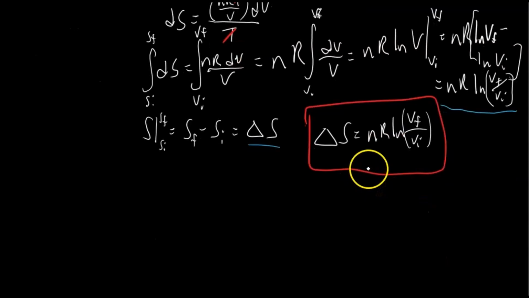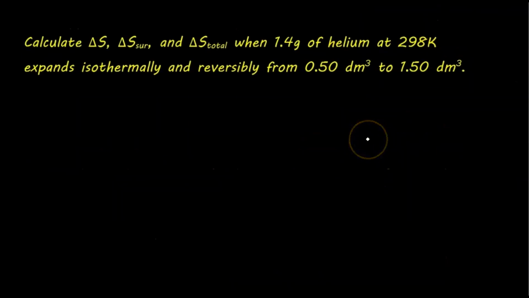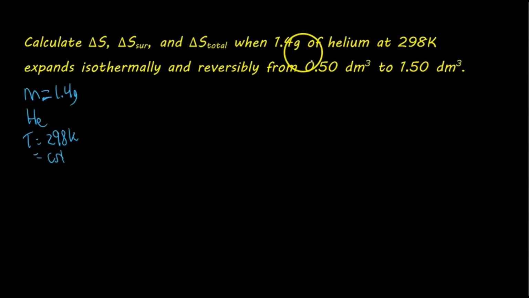Okay, so that's our equation, and let's use it. Here's a common example that comes up all the time with this process: calculate delta S. This is the change in entropy of the system, because there's no subscript here, so that implies the system. Then the change in entropy of the surroundings, and the total change in entropy, when we have 1.4 grams of helium. So the mass equals 1.4 grams. This is helium, and the temperature is 298 Kelvin. It expands isothermally, so temperature is constant, and reversibly from V1 of 0.50 decimeters cubed to the final volume of